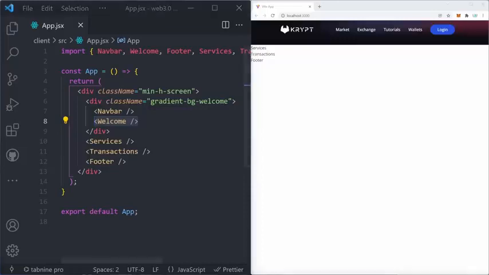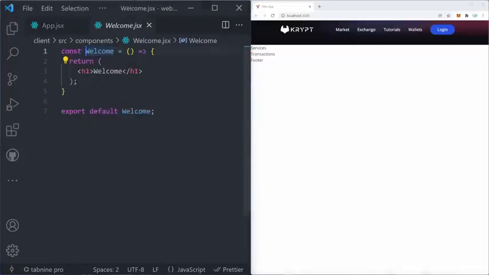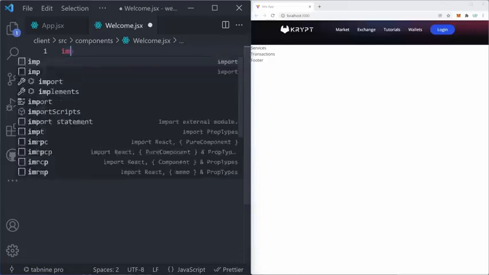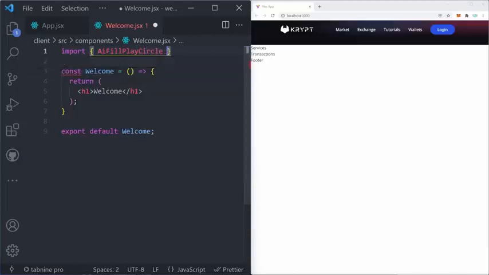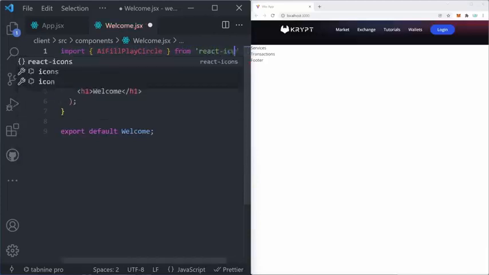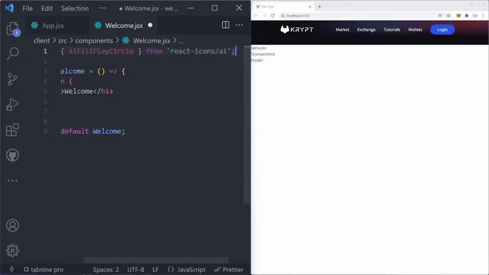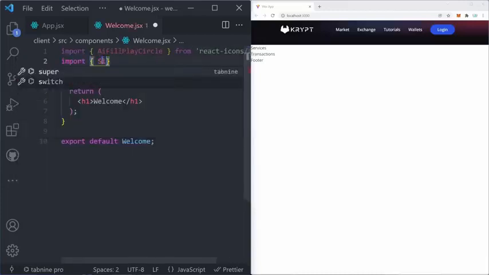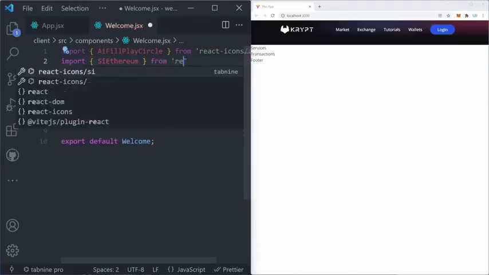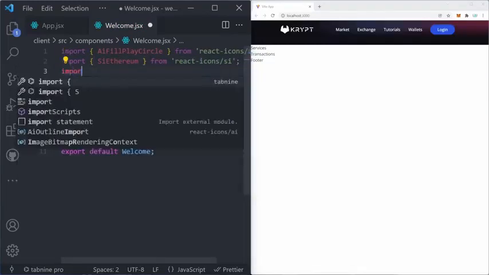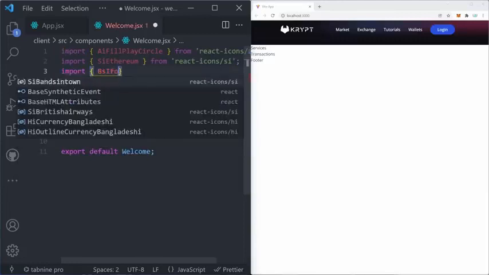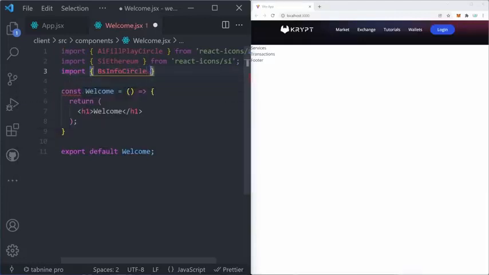To start creating our welcome page, we can control-click into the welcome component. We can start by importing a few icons by typing AiFillPlayCircle, and that's going to be coming from react-icons/ai. Then we can also import SiEthereum, and that's going to be coming from react-icons/si. And finally, we can import BsInfoCircle, and that's coming from